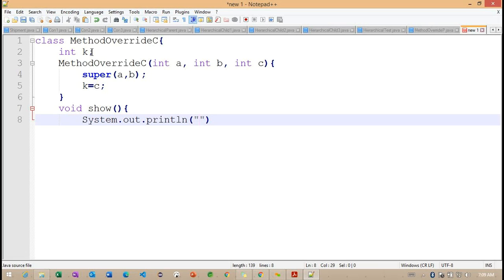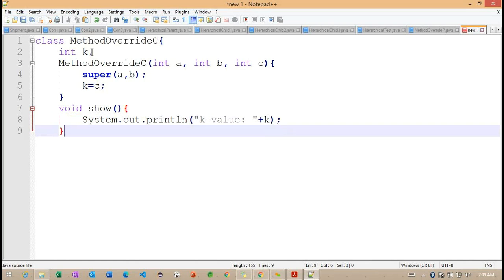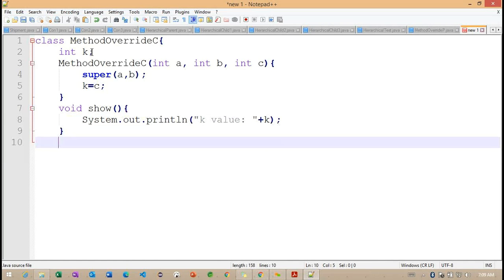So what is the information I'm trying to print here? Okay, only K value. Getting the point. Only K value I'm trying to print. So this is all about the method overriding C.